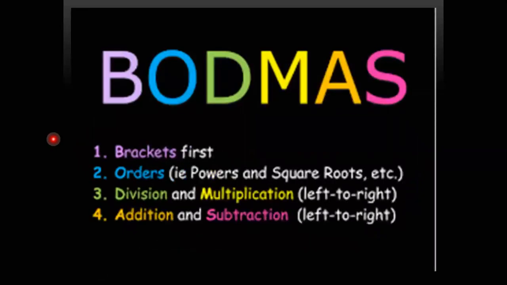और एक और इम्पॉर्टेंट कॉन्सेप्ट जो हम यूज करेंगे वो है बॉडमैस रूल। इससे भी आप फेमिलियर हैं, आप अपनी जूनियर क्लासेस में डीमैस रूल के नाम के साथ भी इसको पढ़ते रहे हैं, एंड आपने इसको बॉडमैस रूल के नाम से भी पढ़ा है। B stands for brackets, O stands for orders, D stands for division, M stands for multiplication, A stands for addition and S stands for subtraction। एक ही एक्सप्रेशन में अगर ये सारे ऑपरेशंस हों तो प्रेफरेंस किसको दी जाएगी? सबसे पहले ब्रैकेट्स को, फिर ऑर्डर्स को, फिर डिवीजन एंड मल्टीप्लिकेशन को जो भी लेफ्ट टू राइट पहले होगा, और फिर एडिशन और सब्ट्रैक्शन को जो भी लेफ्ट टू राइट पहले होगा। तो यहाँ अलजेब्रा में क्योंकि ब्रैकेट्स को इम्प्लीमेंट करना होगा, इसलिए ये रूल को थोड़ा सा रिवाइज करना जरूरी था।